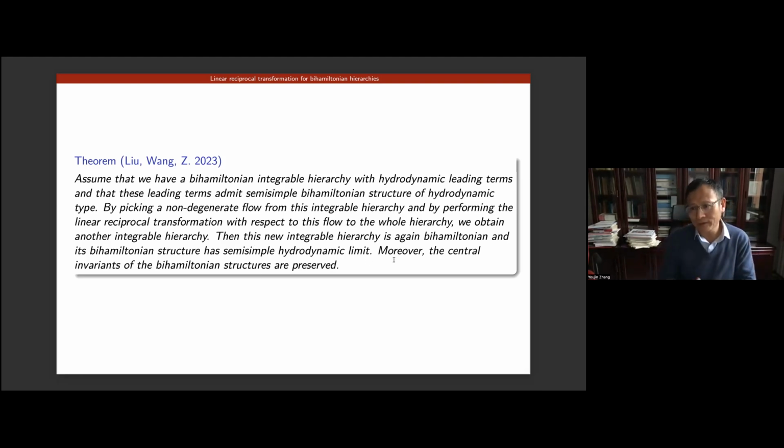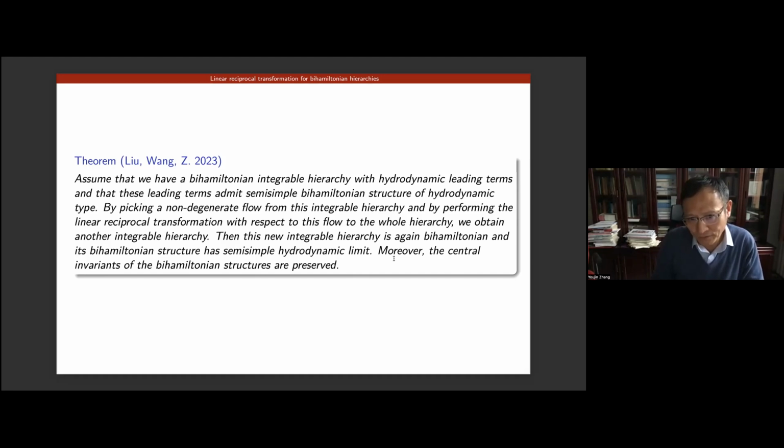Moreover, the central invariants of this new bihamiltonian structure are the same as the central invariants of the original bihamiltonian structure. That means that the linear reciprocal transformations preserve the bihamiltonian property and also preserve the central invariants